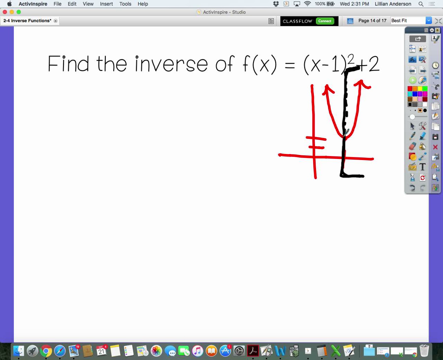Yes. So if we restrict the domain, okay? That's all the x values that are, is 1 included? Greater than or equal to 1. So if we restrict the domain, we're only looking at the right side of the parabola. And if you think about it, before we moved it to the right and we moved it up, it was originally centered right here, wasn't it? So we're really only looking at the positives. So we can still go through the process of switching x and y